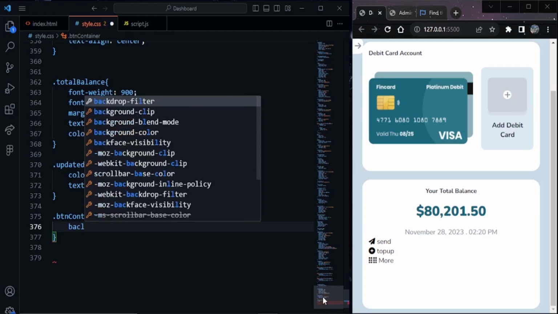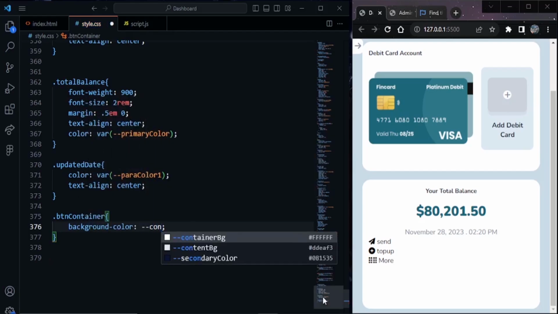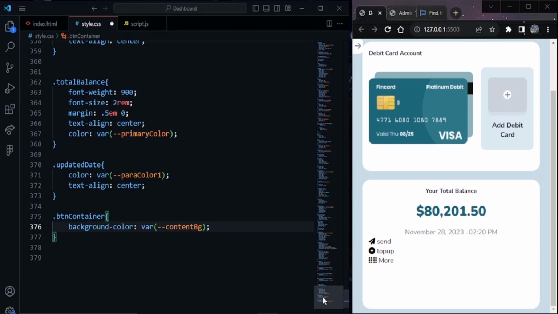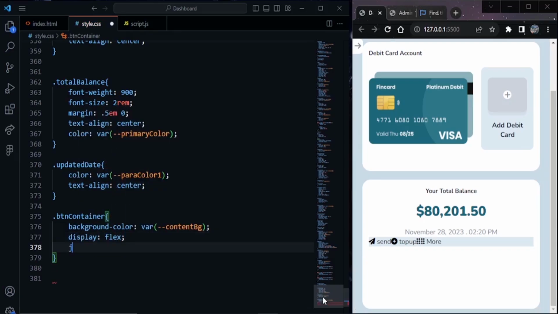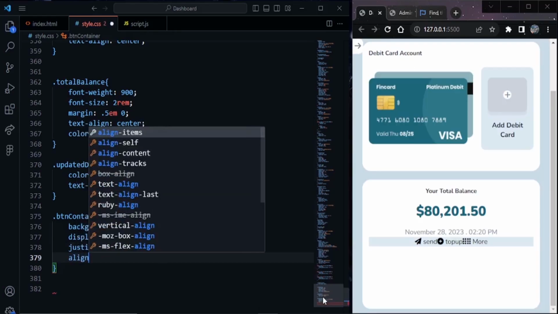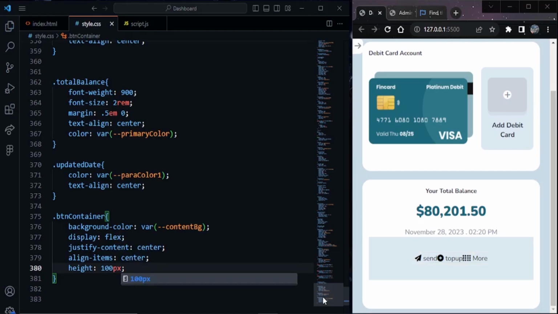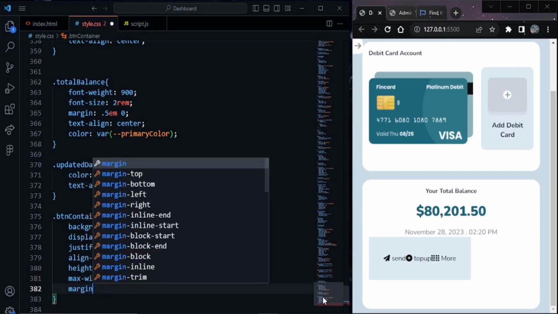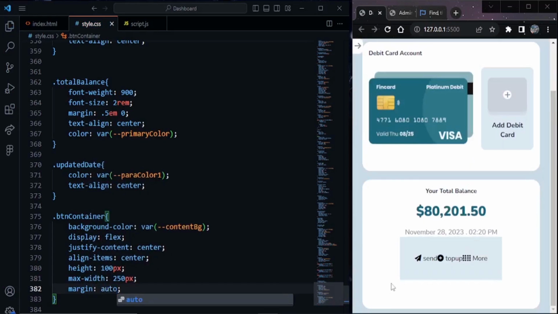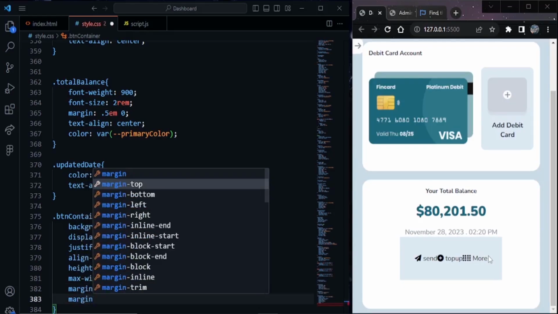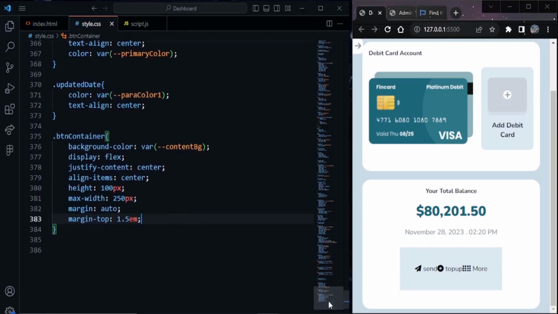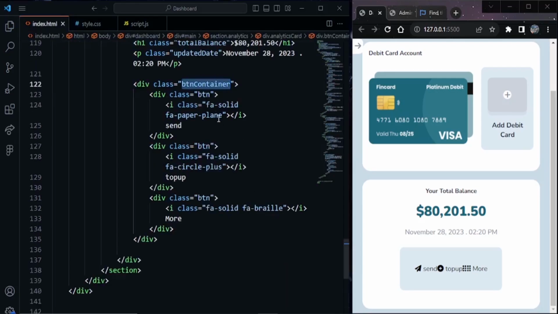Container, background color, content bg, and the display flex, and the justify content as center, and the align items as center vertically, and the height of the button container 100 pixel, and the maximum width will be 215 pixel, and the margin auto to put at the center, and the margin from top 1.5 em, and the border radius 10 pixel,